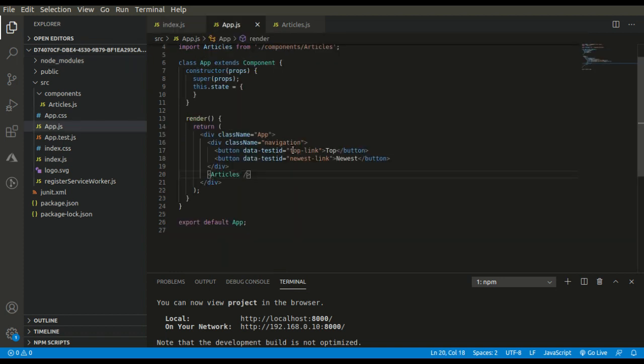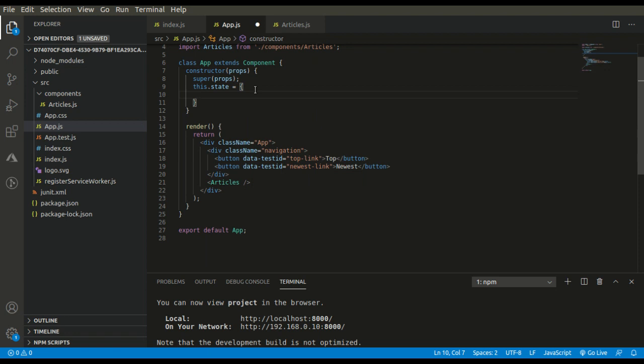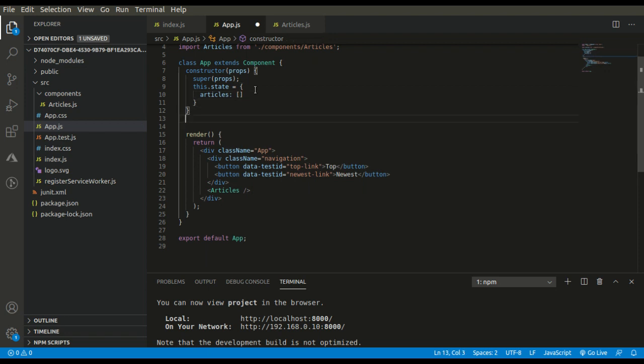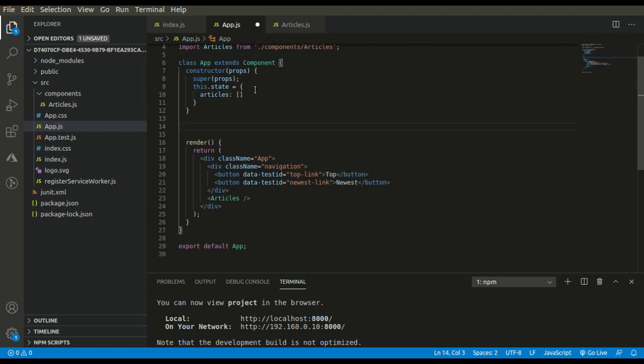Now let's go to app.js, where we are provided with two functions. Let me define a state over here, articles, an empty array. As we know, during the initial render we have to sort the data by upvotes, and that too in descending order.